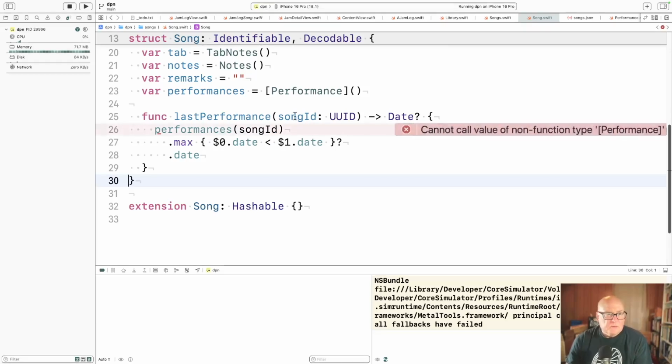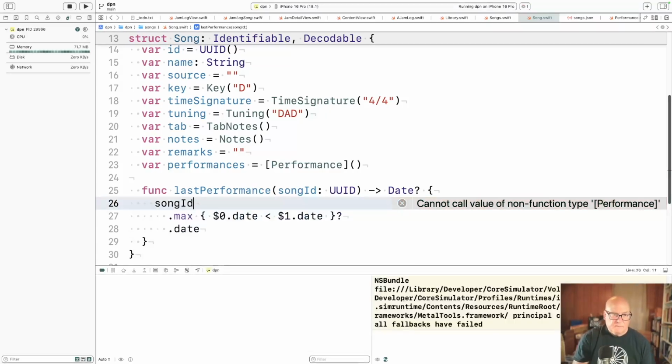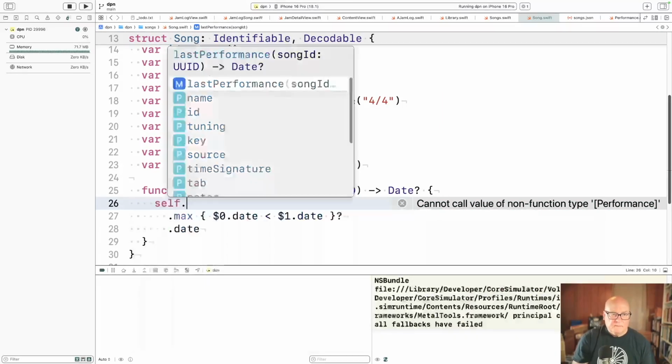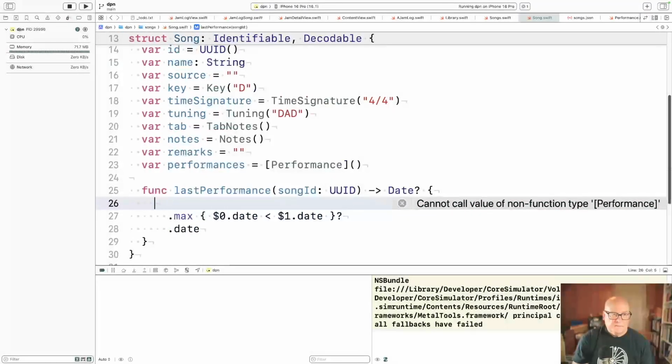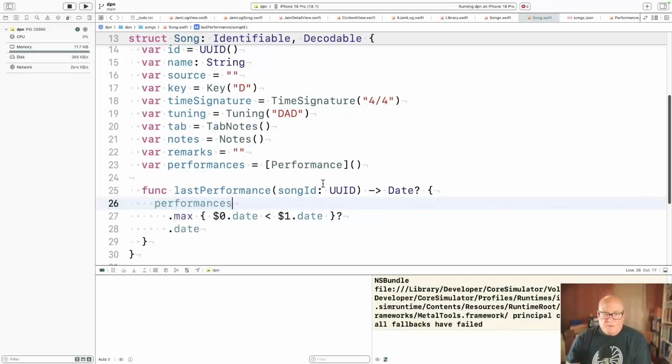The last performance of non-function type array of performance. Okay. The last performance for this particular song, we don't need the song ID really because it's this song.